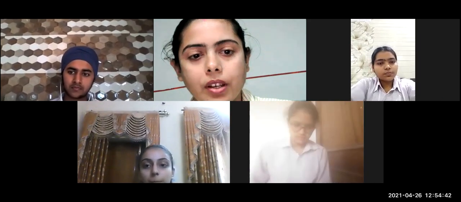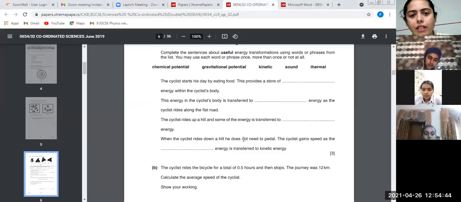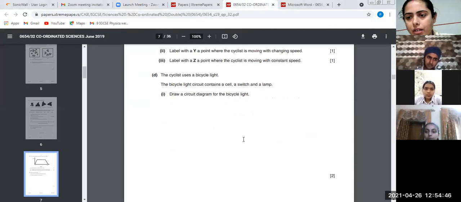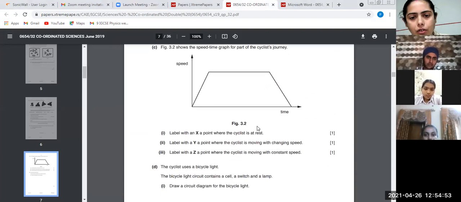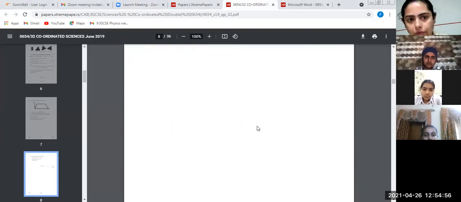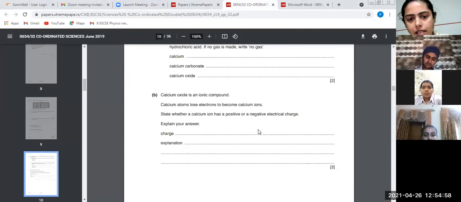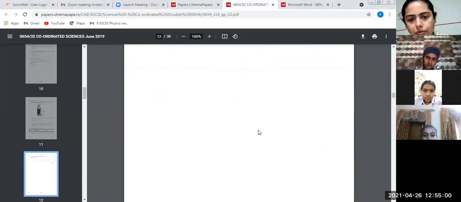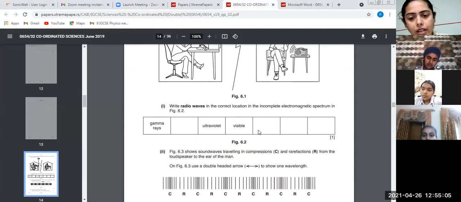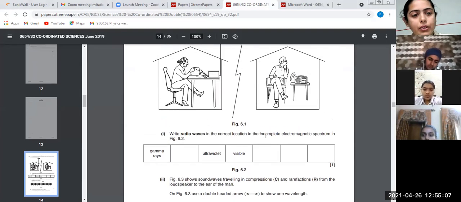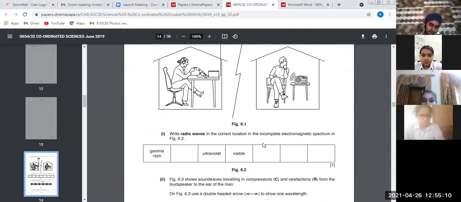In the previous class, we covered question number 3 completely. It was the cyclist question; we have done this question, graph also, numerical also. Then there is question number 6. This also we have done. We started with this, and I told you to do it at home and update me. So let's talk about this question today.